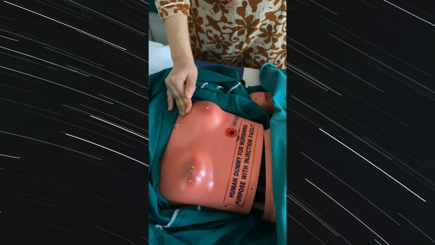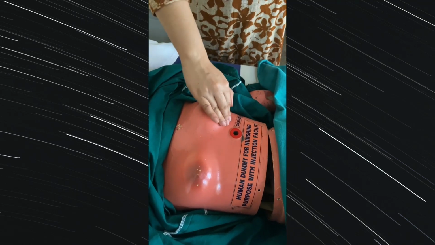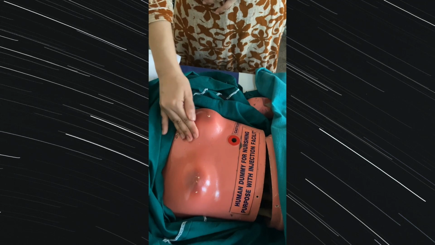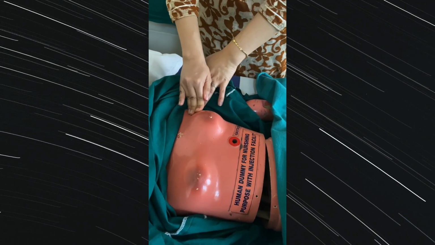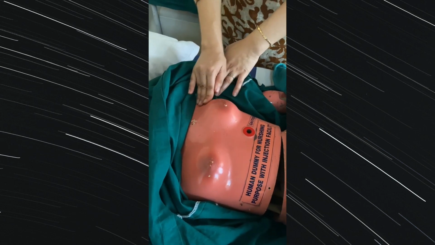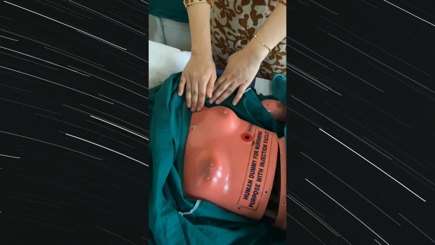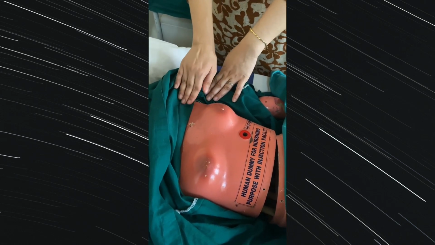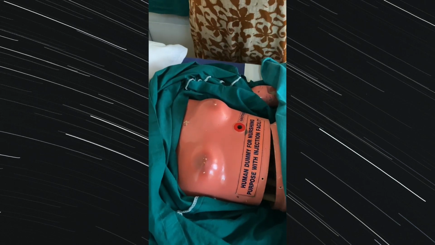So with this, I'm passing in my concentric circles, feeling everything, and then in the end you have to cover the angle of the tail of Spence also like this. Okay, because as I told you, concentric like this, and then you have to go for the angle of Spence, so that you can feel any kind of lymph nodes also here which is involved. Okay, now the third method also I'll tell you, and then I will tell you what you